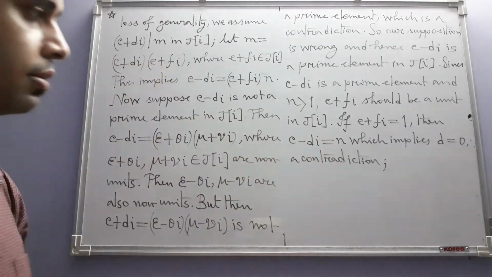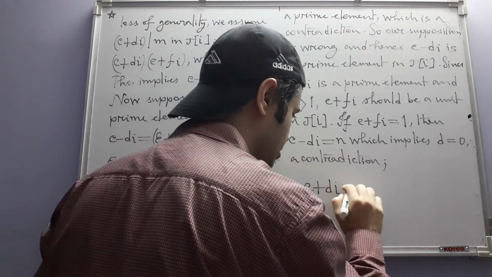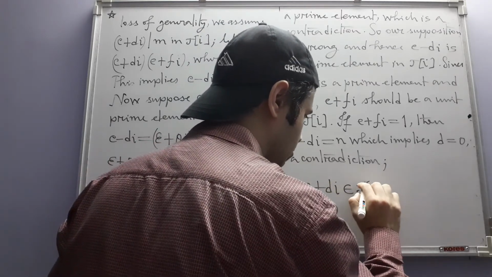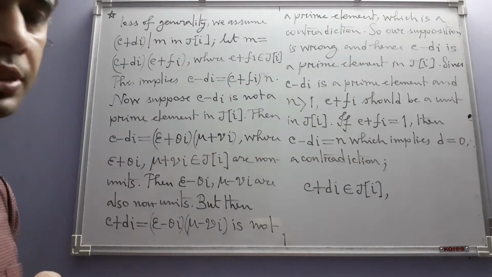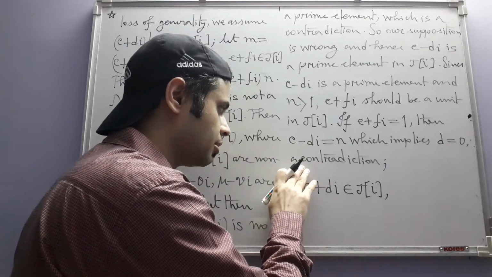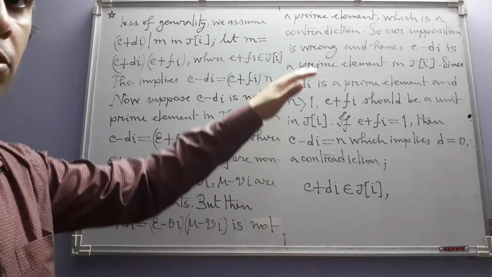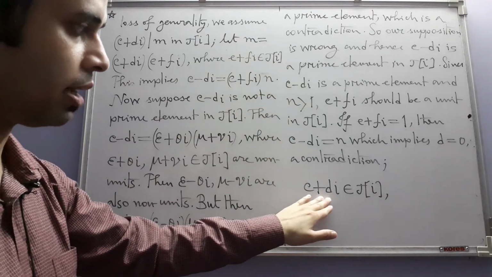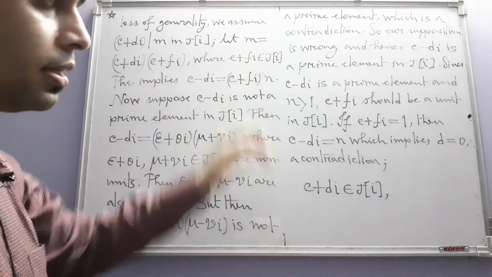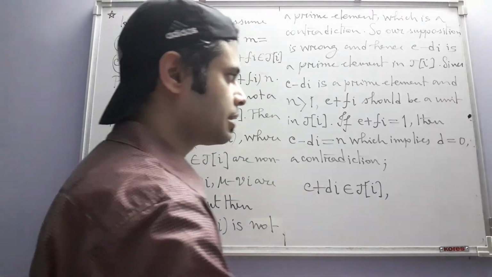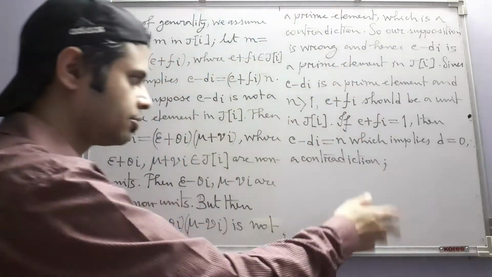But the Gaussian integer that we have chosen in Z[i] was chosen in such a way where both c and d are non-zero, and it is because of this step that we took care of those situations where either c or d is 0 separately in the beginning itself. So now this gives us a contradiction,